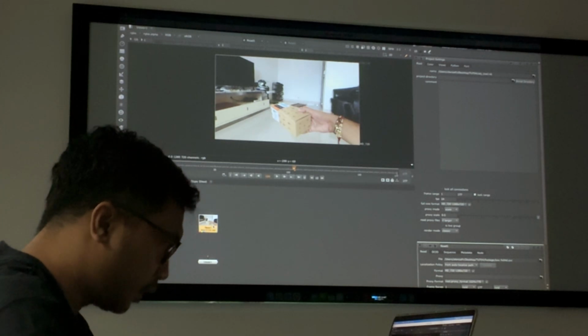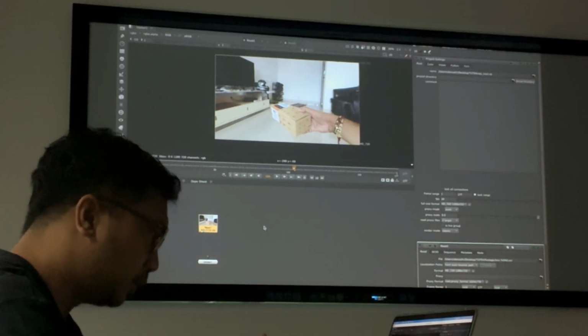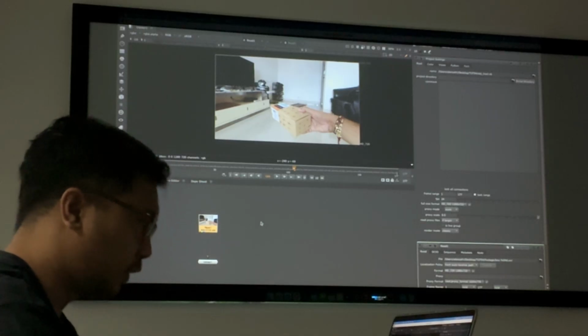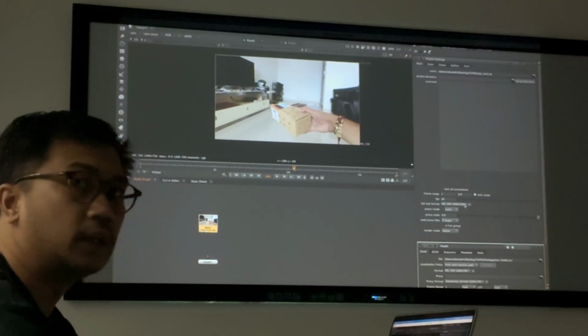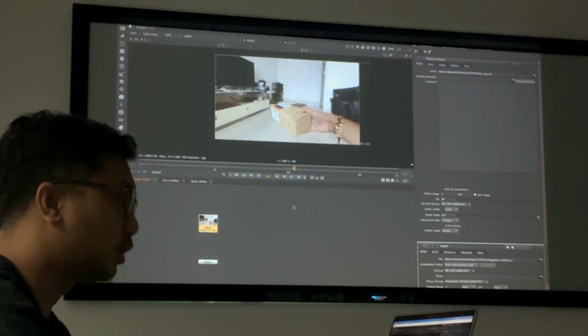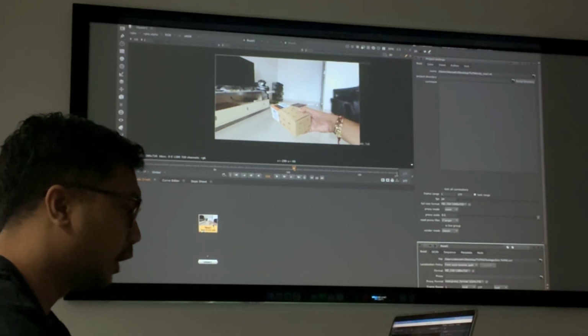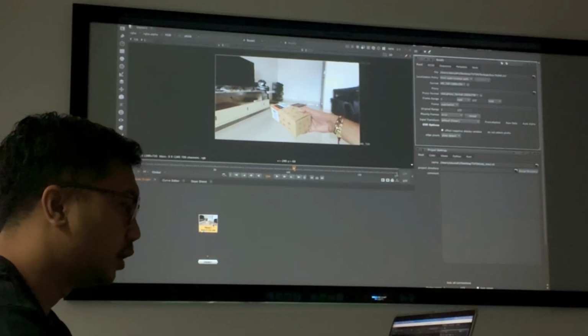Okay, so safety first. Save before it crashes. Your project setting is set to 720 based on the footage input size, and then analyze